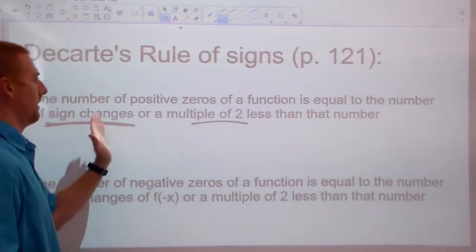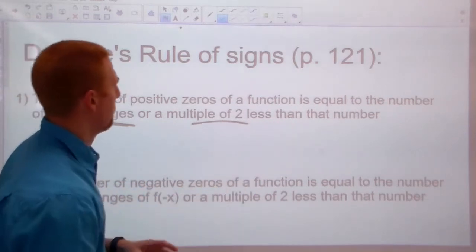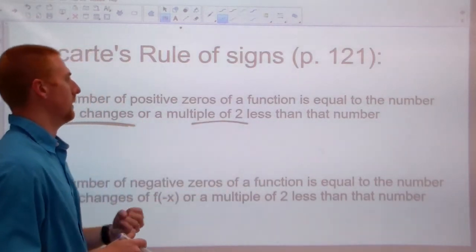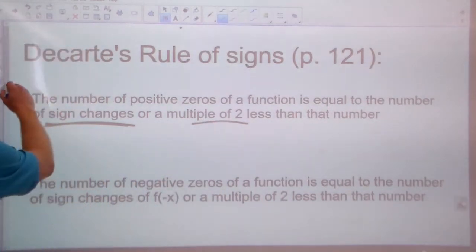Look for the number of sign changes as you go through your polynomial, just whatever the terms are. And that's going to tell you how many positive zeros you could have, or maybe a multiple of 2 less than that. And when you do